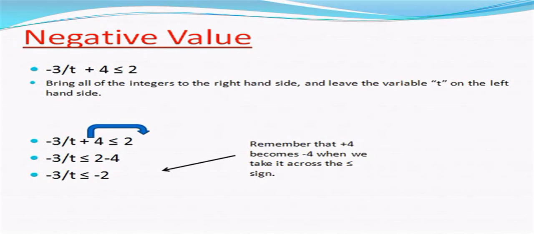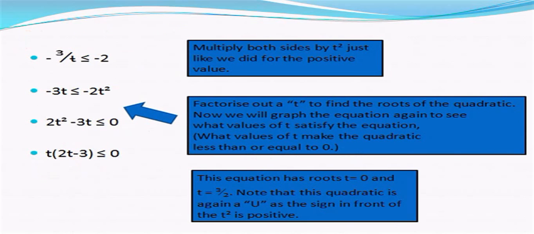We now go back and take the negative value part of the question and solve that for t. So here we have minus 3 over t plus 4 is less than or equal to 2, and again we want to isolate t by bringing everything with variable t to the left hand side and all the integers to the right hand side. So the plus 4 we have here in minus 3 over t plus 4, we bring across to the other side and it becomes minus 4. That leaves us with minus 3 over t is less than or equal to 2 minus 4,